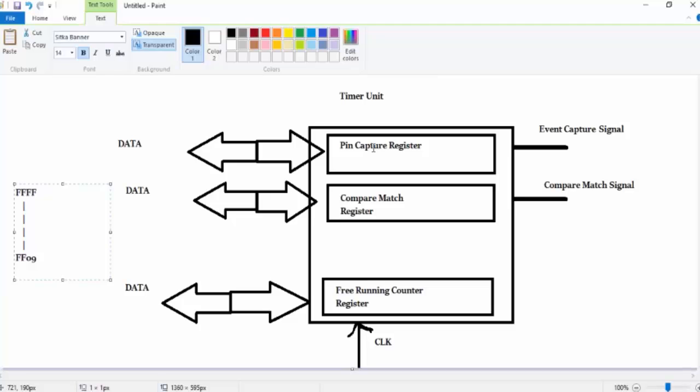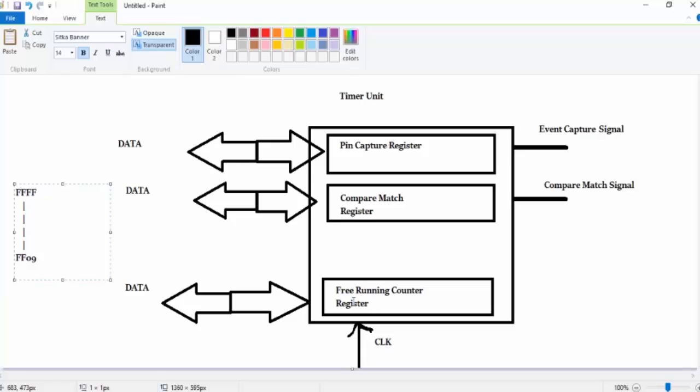And how can we work on it? Suppose I have started my timer. And for capture, we have a dedicated pin in the microcontroller for the capture event. You can see here there is a signal, the event capture signal. That signal is directly connected to the microcontroller pin. So whenever the event comes on that pin,